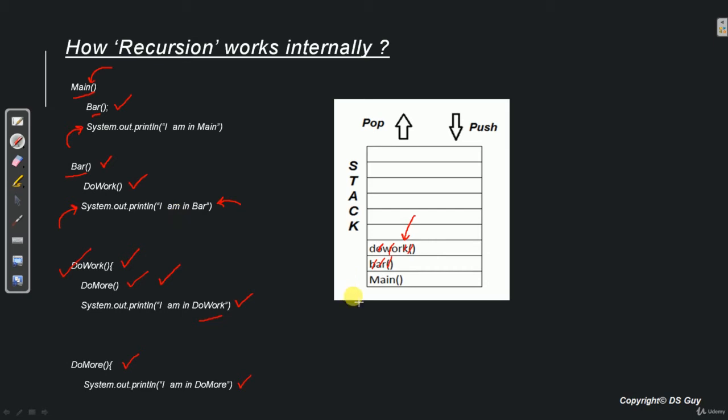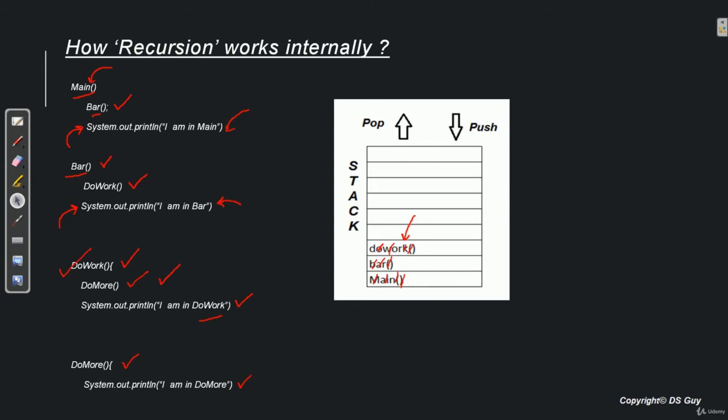Now system will again come to stack and see what is pending. So main method execution is pending. So now that will be popped out and the message over here will be printed. Once this message is printed, we see that the stack is empty. There is nothing in this stack. That means it tells the system that there are no more executions or method calls which are pending. So with that, all the method execution is complete. So now we have understood how does the method invocations is managed by system in stack memory.